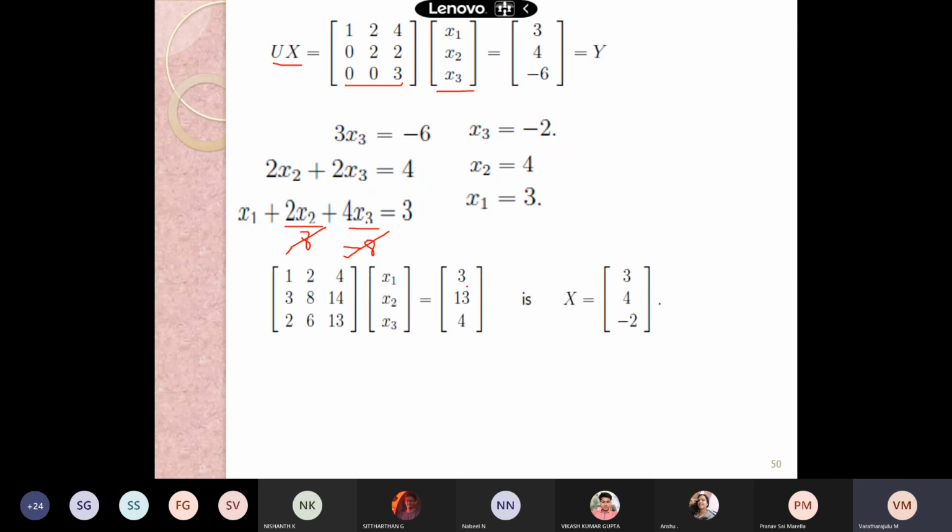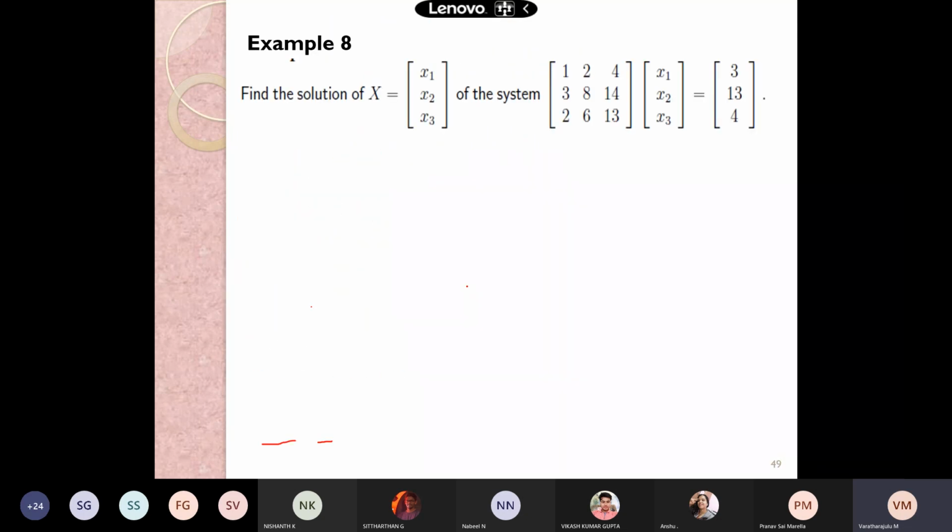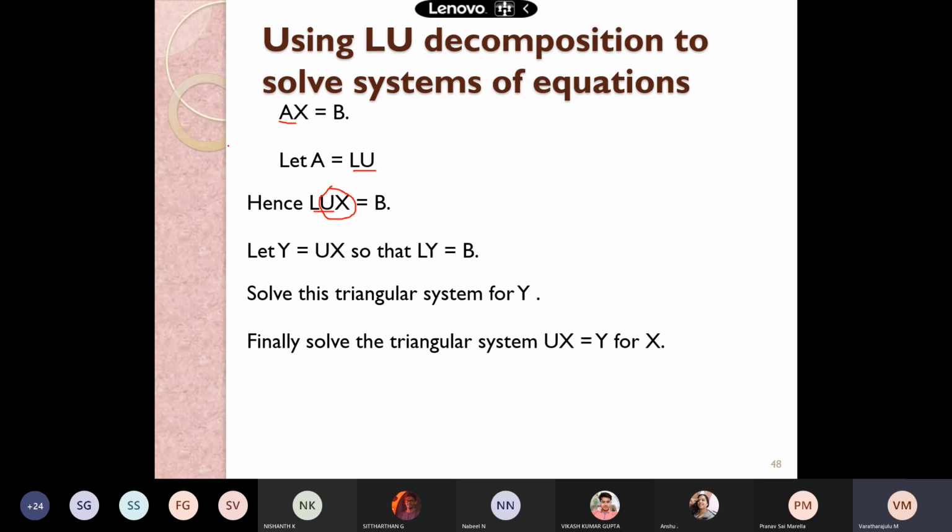And what we did here, just a minute, I'll refresh what I did with LU decomposition. We are concerned about finding the results of X. Let A be equal to the lower and upper triangular matrices. Instead of getting the solution in a direct way, we depend on some other unknown, let it be Y. Now I am applying the value of A in the initial equation, LUX = B. Now let my UX be equal to Y.